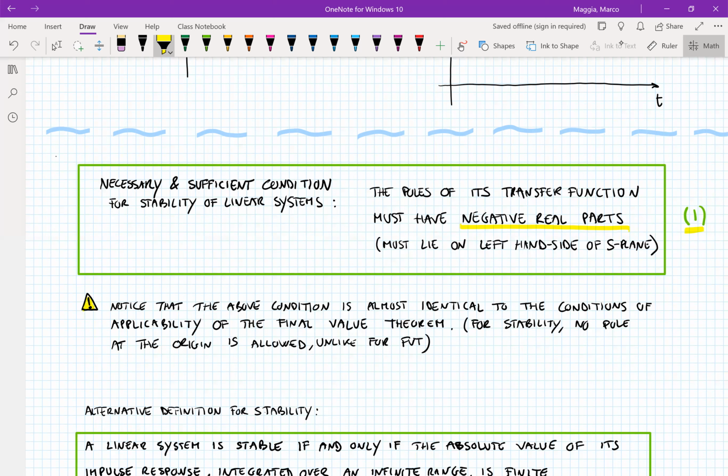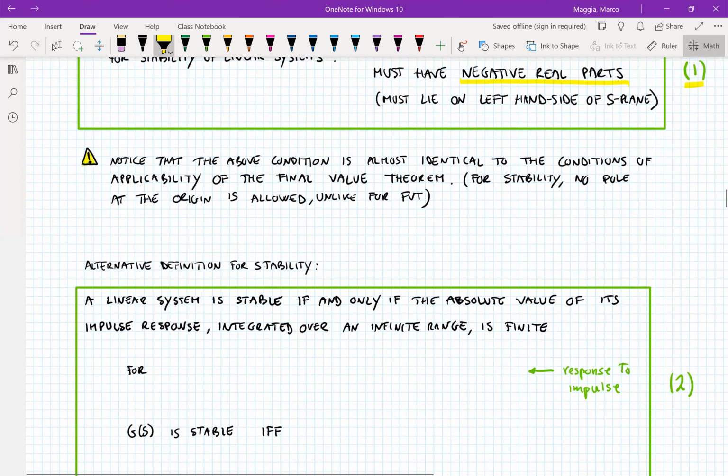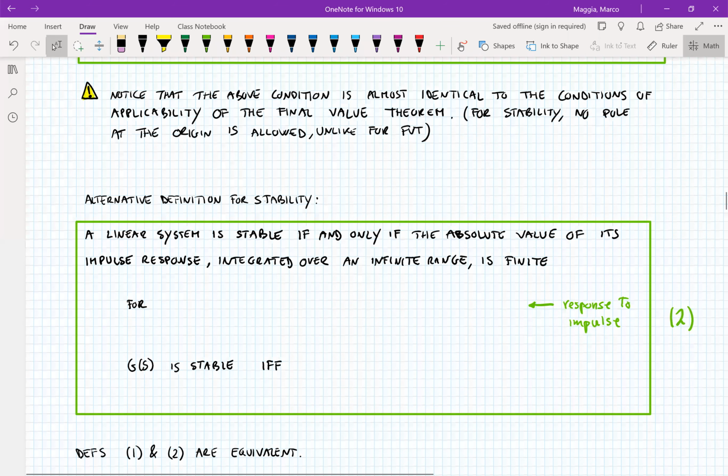Now, there's another alternative definition for stability, and this gets a little bit more mathematical, but I think it's very important that you see it and don't get scared. It looks nastier than what it actually is. Let's read it together. So this condition states that a linear system is stable if and only if the absolute